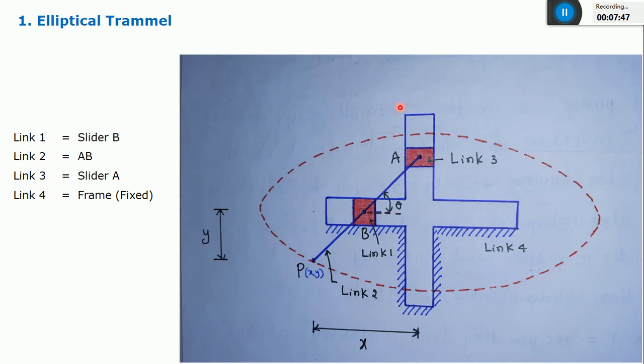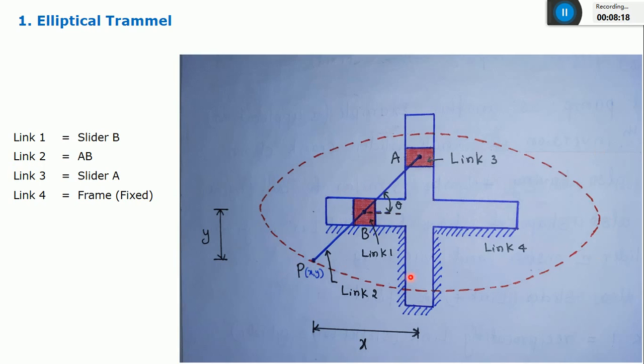And this plus mark, you can see, is a fixed frame. Correct. Similar to a railway track, it has a vertical groove as well as a horizontal groove. In those grooves, the sliders are going to slide. In the vertical groove, the slider A will slide up and down, and in the horizontal groove, the slider B will slide from left to right. So that finally, when you fix a pencil or point at this point P, it will trace an ellipse.